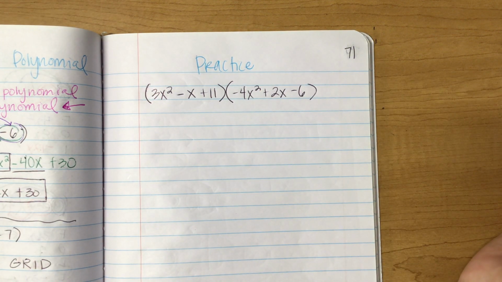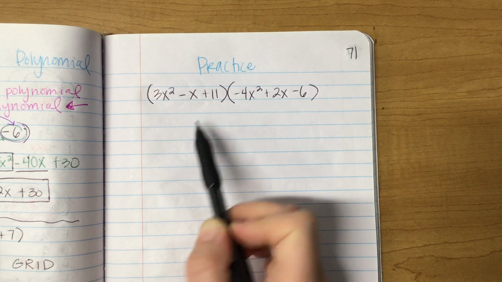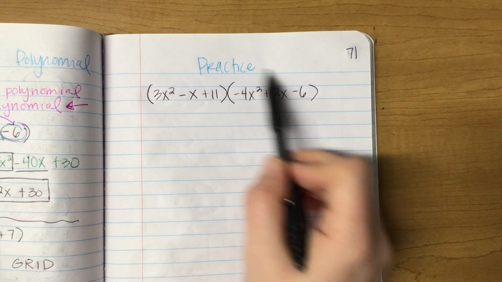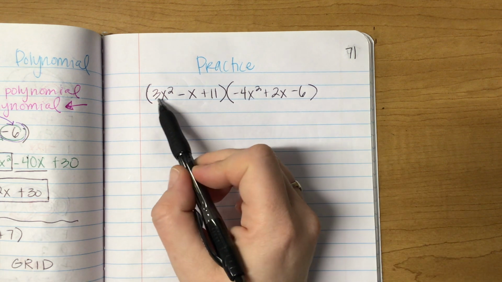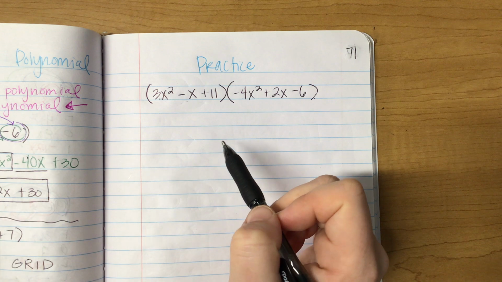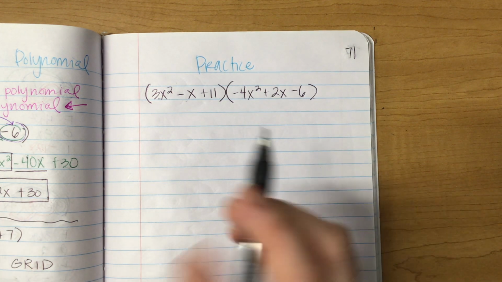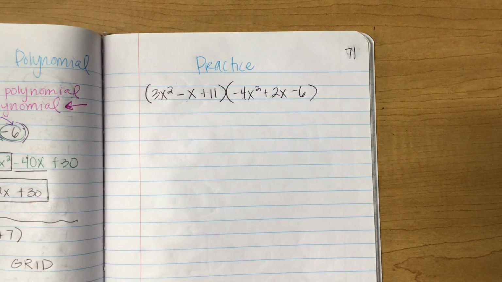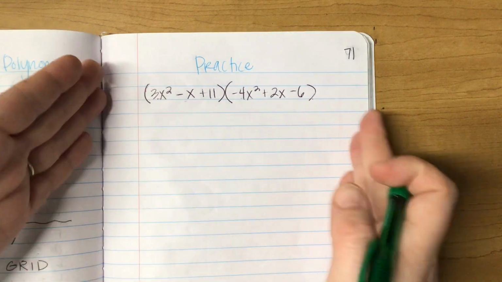You can either make a long chain and distribute, write your terms, distribute, write your terms, distribute, write your terms, and then collect them. Or because it's a 3 by 3, you can make a 3 by 3 grid. It does not matter. It is your choice. I'm going to show you just the long way, or the long chain